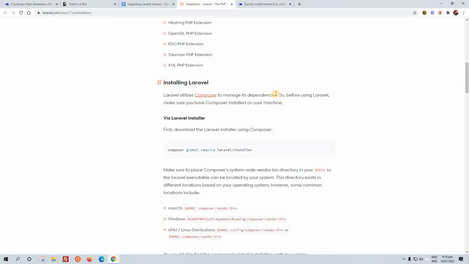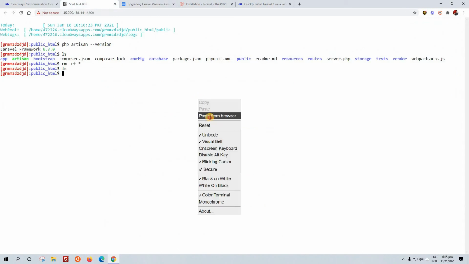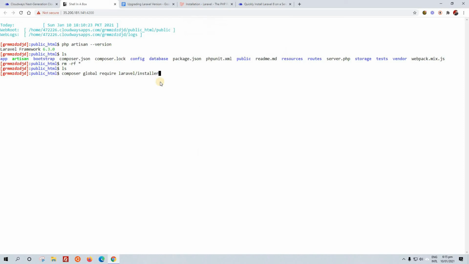We already have the composer. So now to install the Laravel, we have to first download the Laravel installer. Just copy this command and then paste it from the browser. Control V and hit save. Okay, and we are going to press enter.